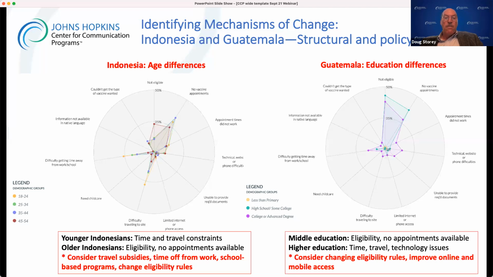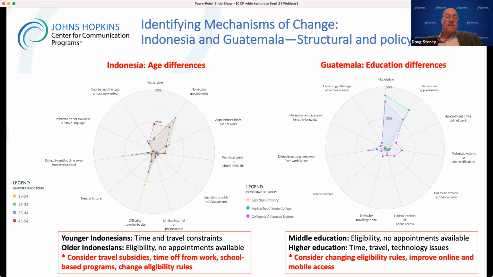Those with a middle level of education, that is the green dots, tend to report more difficulty with eligibility and with difficulties getting appointments for vaccination, while those with higher levels of education, that is the purple dots, tend to report more difficulty getting time off or travel to get those vaccinations, or technology-related issues like technical website difficulties, or inability to document or access